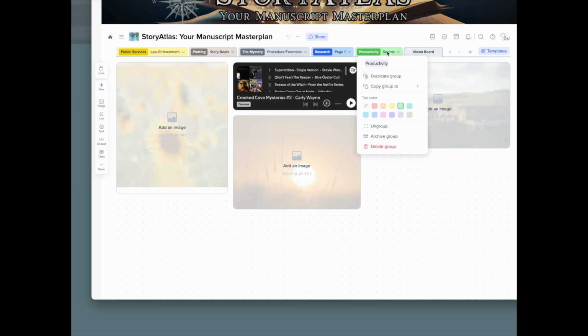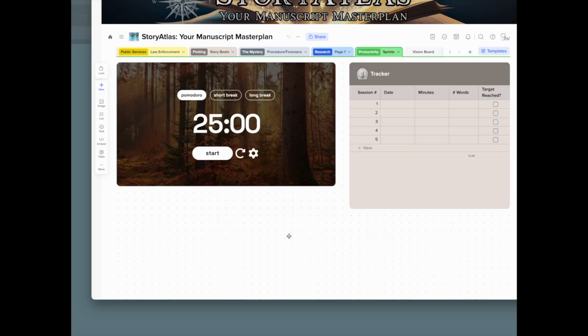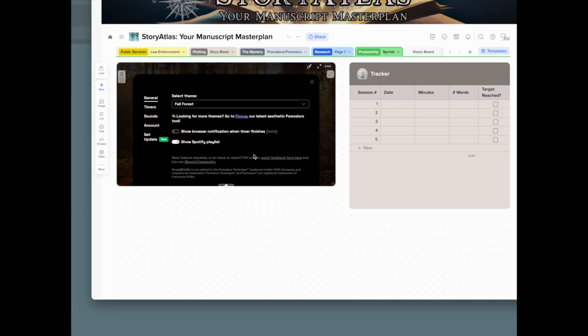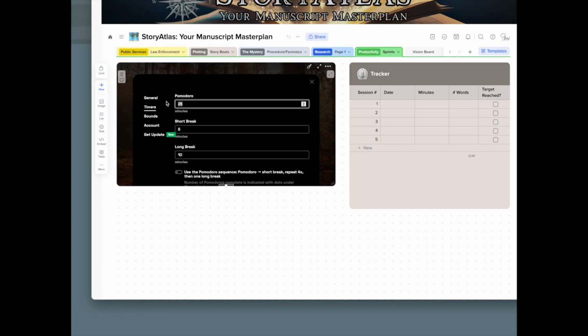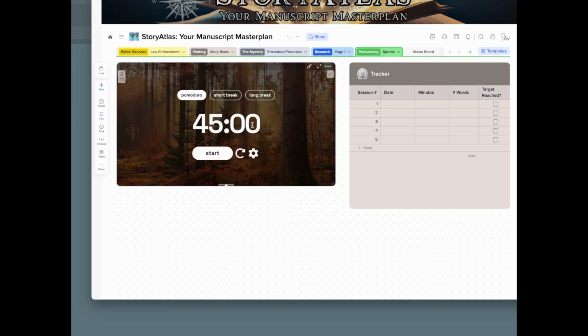Under productivity, I have this first page to, if you want to do your own timed sprints, there's a Pomodoro timer here. You can change this however you need to, change the time limits. If you like to write in 45-minute sprints with a 10-minute break in between and a 30-minute break for lunch, that's fine. You can make the changes there to the timers and just hit start